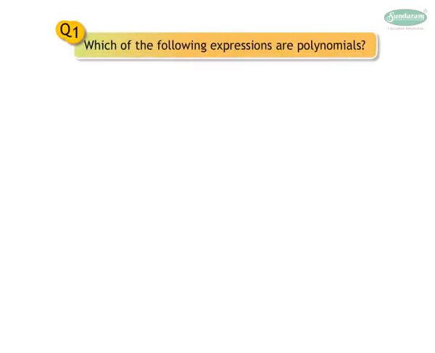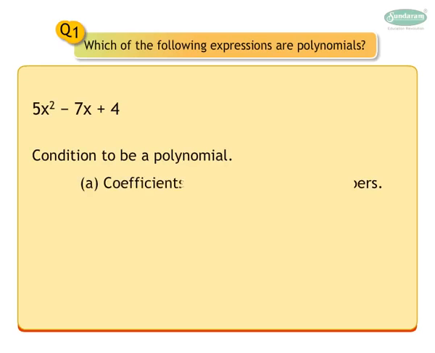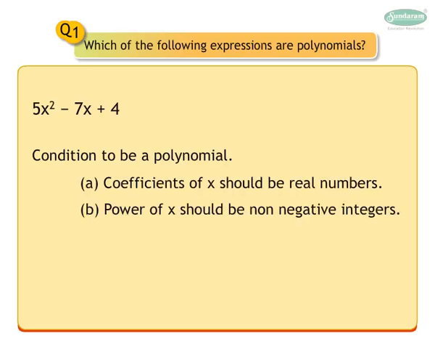1. Which of the following expressions are polynomials? 5x square minus 7x plus 4. There are two conditions that a polynomial should satisfy. The first one is the coefficient of x should be real numbers, and second one is the powers of x should be non-negative integer. In the given problem, the coefficient of x are 5 and minus 7 and plus 4,